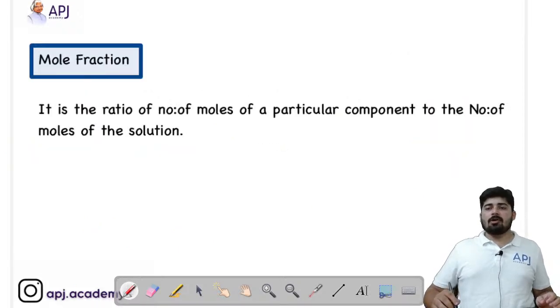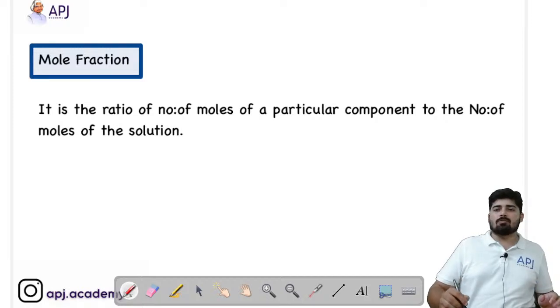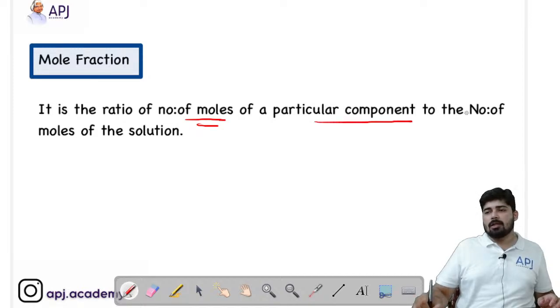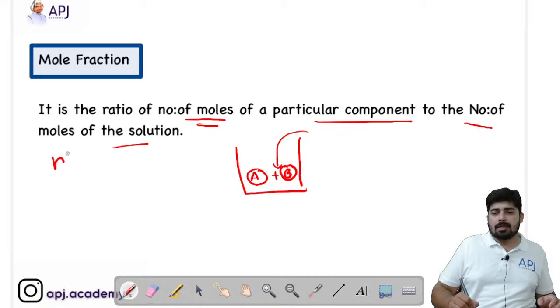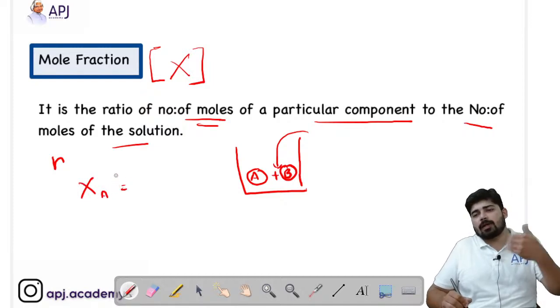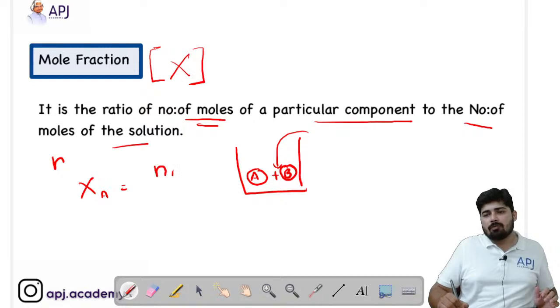Okay. Now dear students, the last term, that is mole fraction. What is mole fraction? It is the ratio of the number of moles of a particular component to the number of moles of the solution. So let's see, I have a solution, and this solution consists of two components, A and B. I have to find out the mole fraction of A. Normally we calculate the mole fraction in terms of chi, or for convenience we call it X. So the mole fraction of A is equal to the number of moles of A divided by total moles, that is Na plus